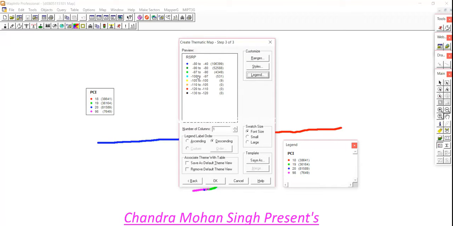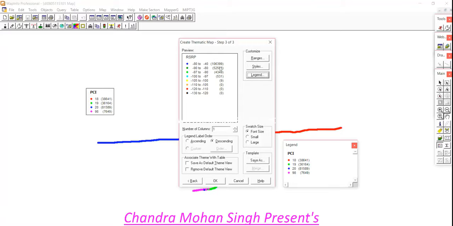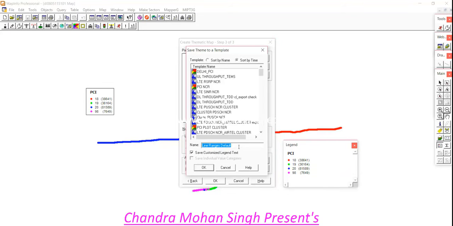Friends, according to the sample report, here are 8 legends and 8 ranges shown. After that, we click save as, and suppose we prepare a report of the Delhi circle, then we mention Delhi here. Delhi RSRP.